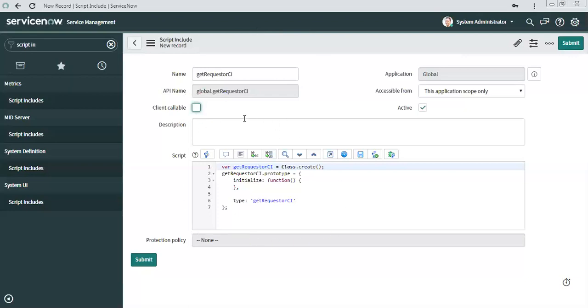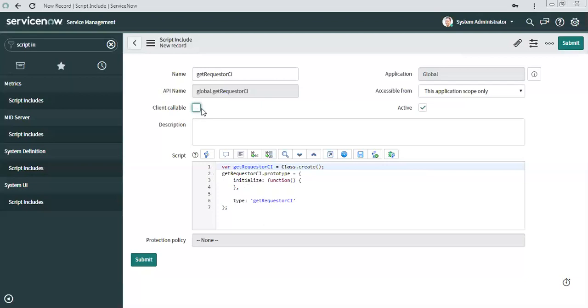This is the place where you may end up calling in the server side as well. So you can call a script include at server side and client side both. So when do we need to check this client callable button? Only in case you need to call it from a client script. Okay, only then.